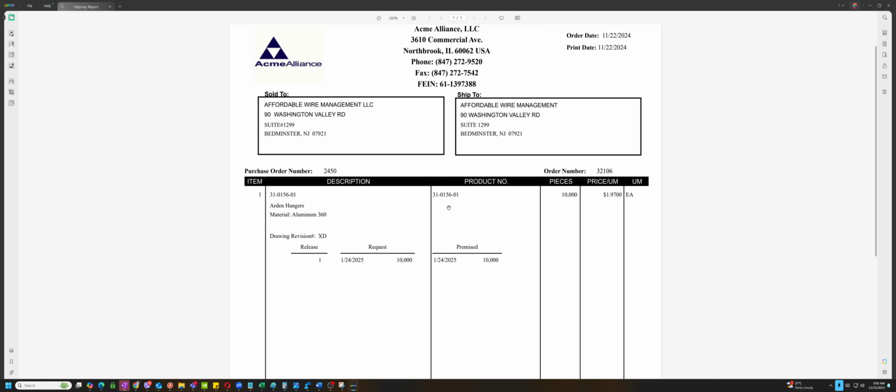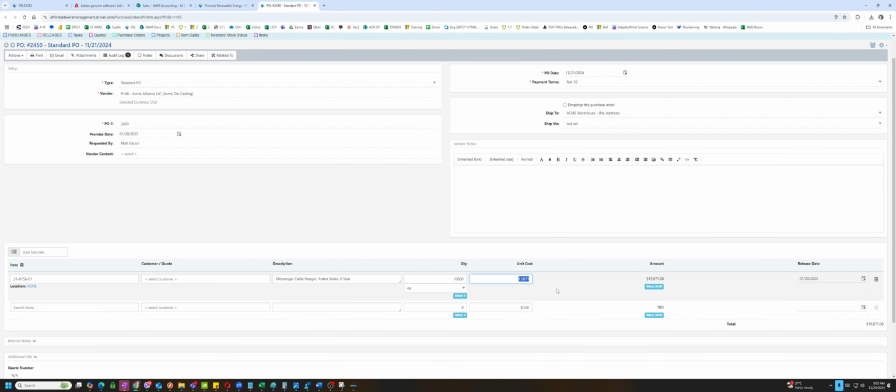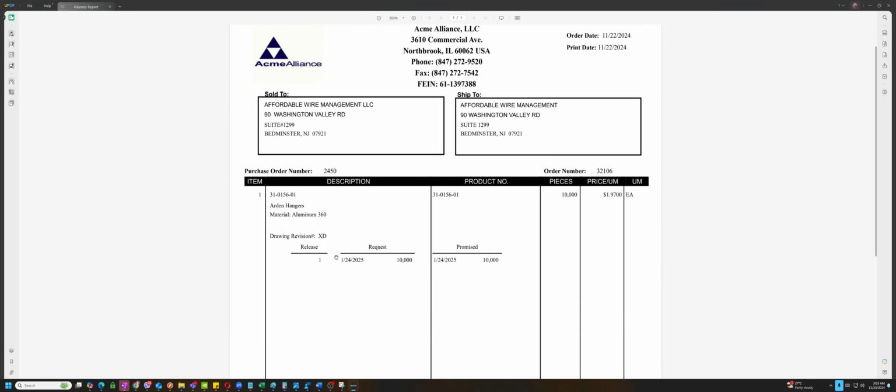At the same time, our request is 1/24. In our latest document, the request date is 1/24, but they are saying that the request date is 1/24, not 1/20. Perhaps Shermat printed the release date with 1/24 here, and there's a possibility that he did not save, so it retained the 1/20. But nevertheless, we are going to report it.